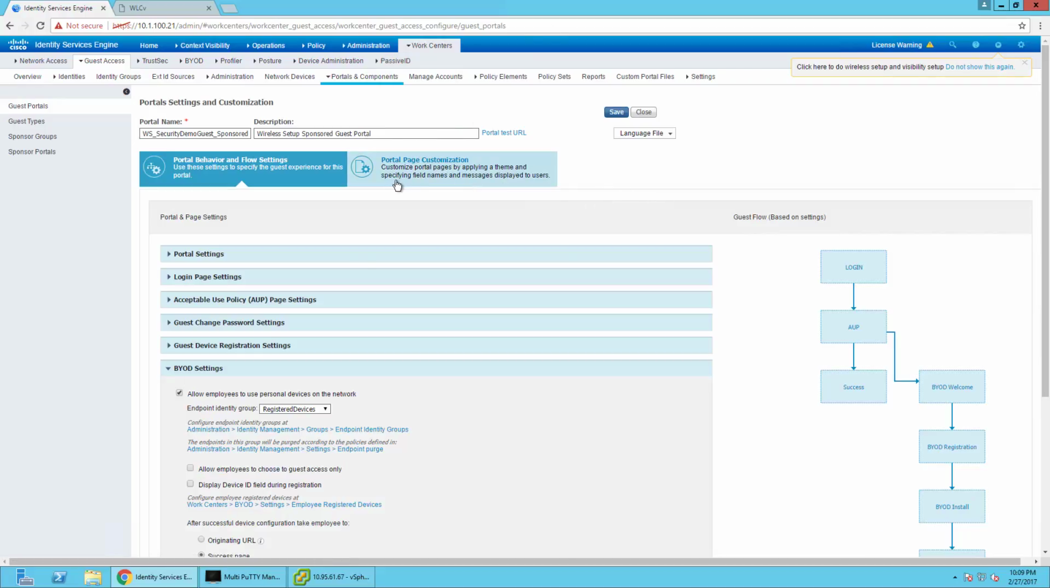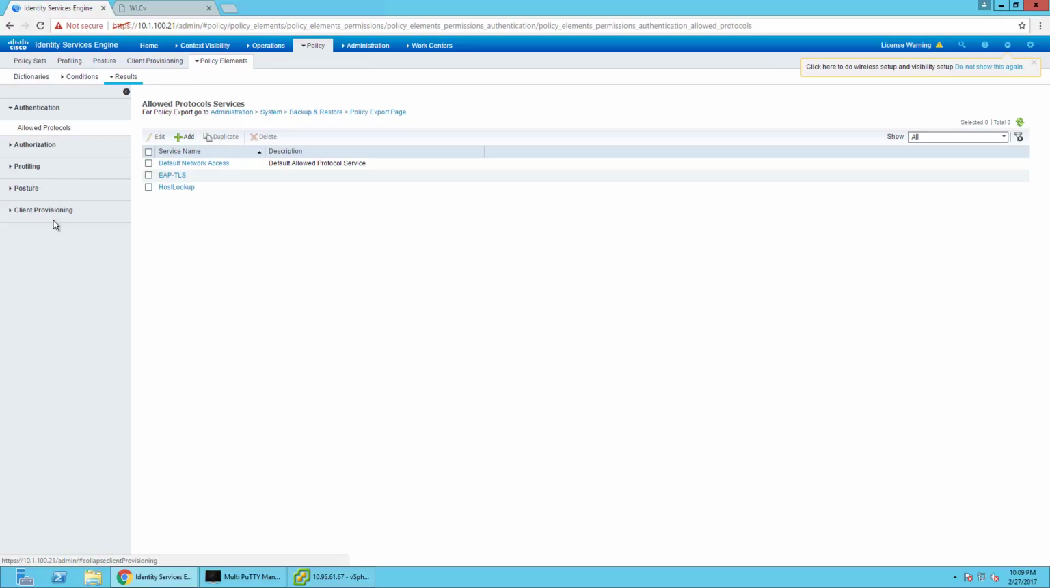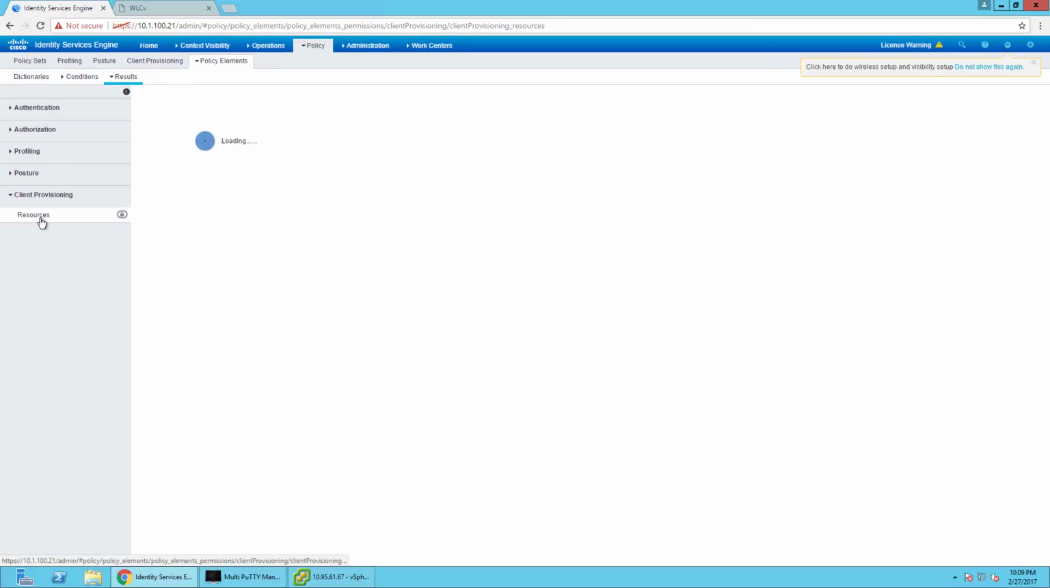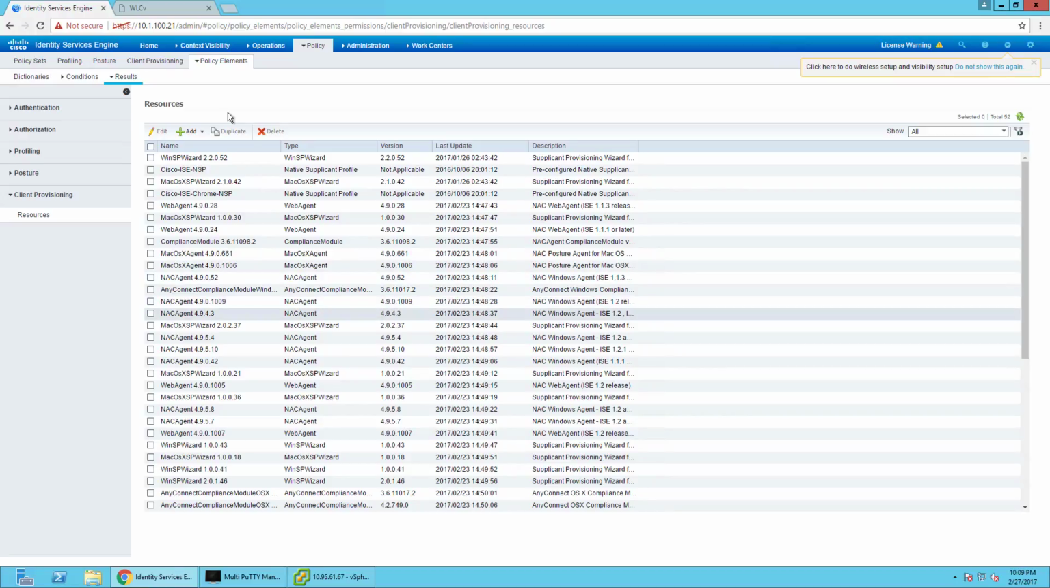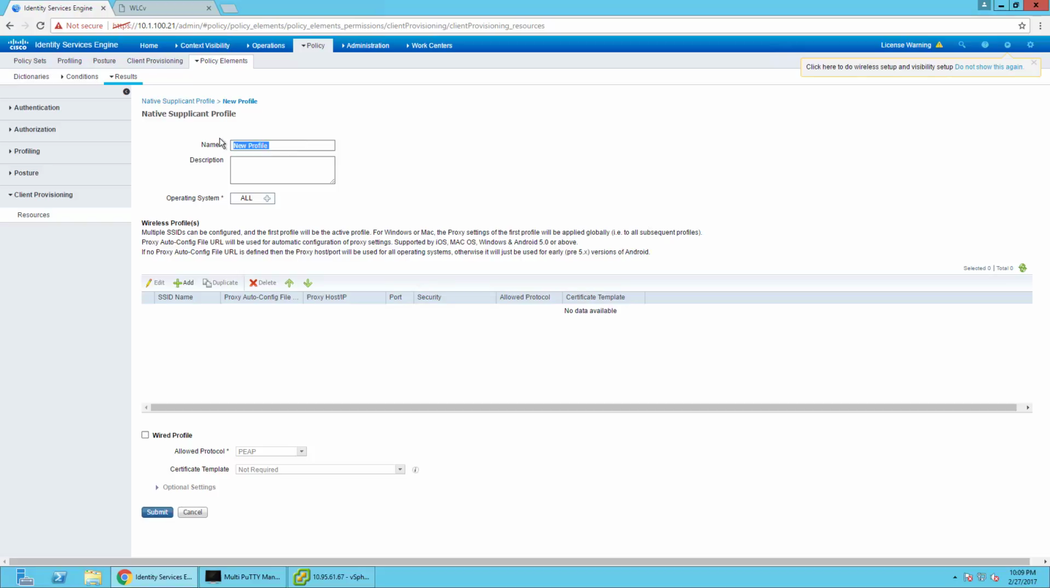The next thing we're going to do is configure the native supplicant profile. So let's go to policy elements, and we're going to go to results and client provisioning resources. And we're going to go ahead and click add and native supplicant profile. So this is going to be just wireless. Now you can create them for a wired profile and a wireless profile, and you can specify the operating system. So I'm just going to put Windows wireless